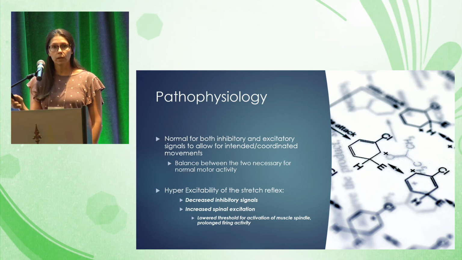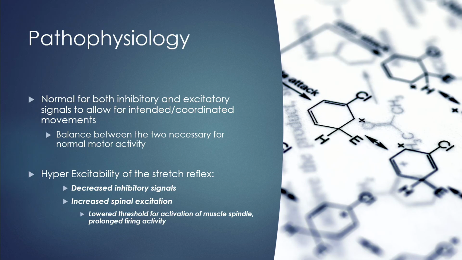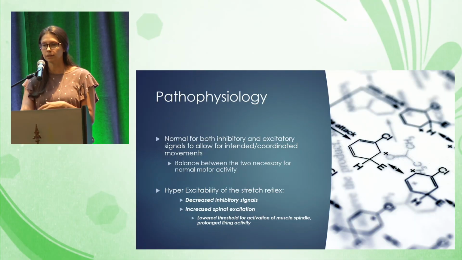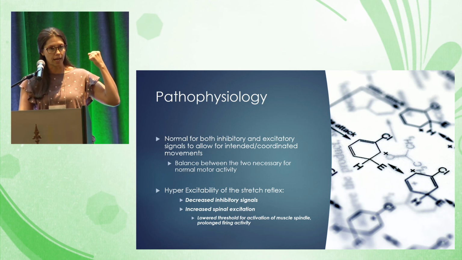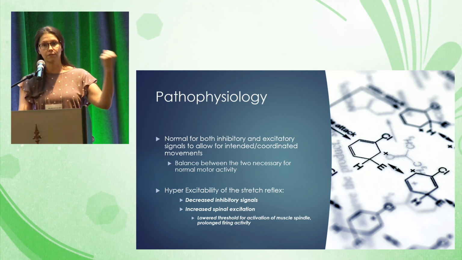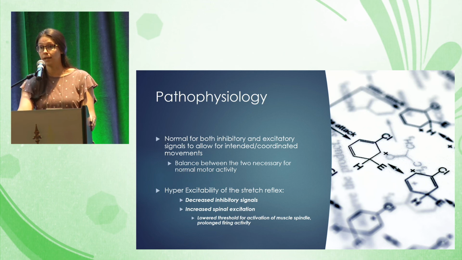So looking a little bit more in depth, for sake of time I'll rush through a little bit, but essentially to have normal coordinated muscle movements, you have signals from the spinal cord and brain that cause both upregulation or excitation as well as stopping signals, so inhibitory signals. So for example, if you were trying to bend your arm and contract it in, you need your brain and spinal cord to tell the arm for your biceps to be firing. But at the same time, you need to tell the triceps to relax